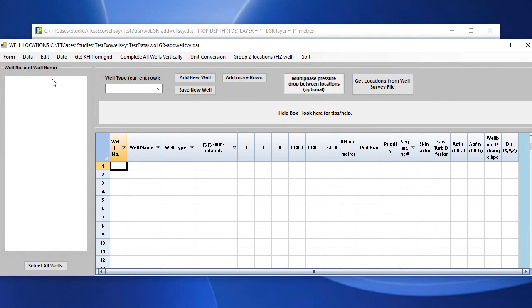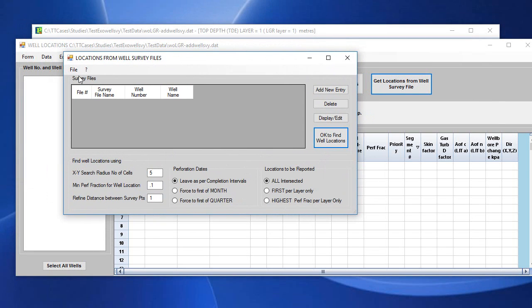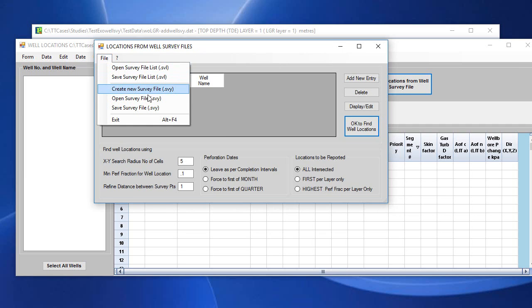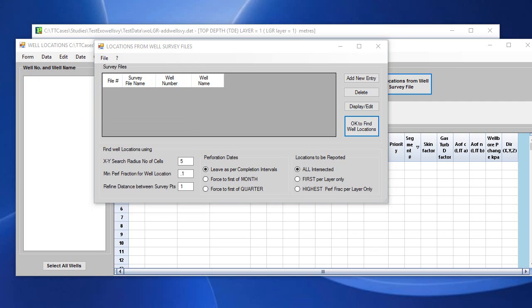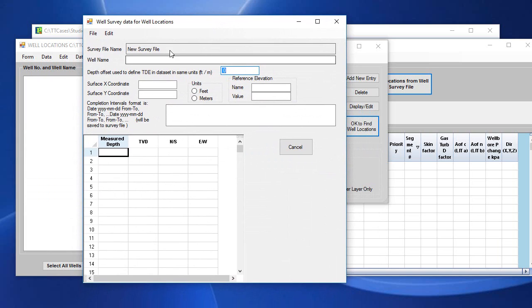there's an option here to get locations from well survey file. If I use the option, it comes up with a form like this. Now, the well survey file has a certain format that we have to follow in Exodus. So if I go File, create a new survey file, the extension is VY. That file has a name to it,